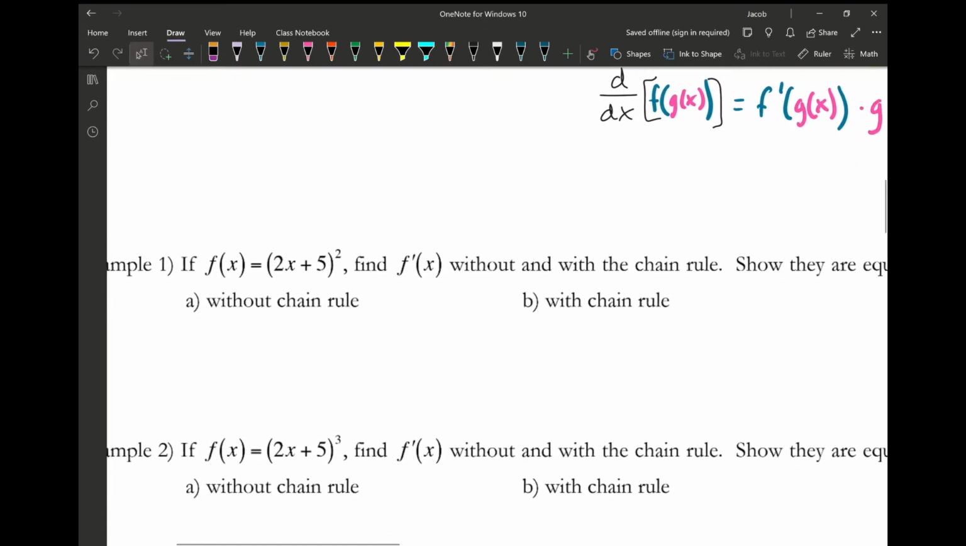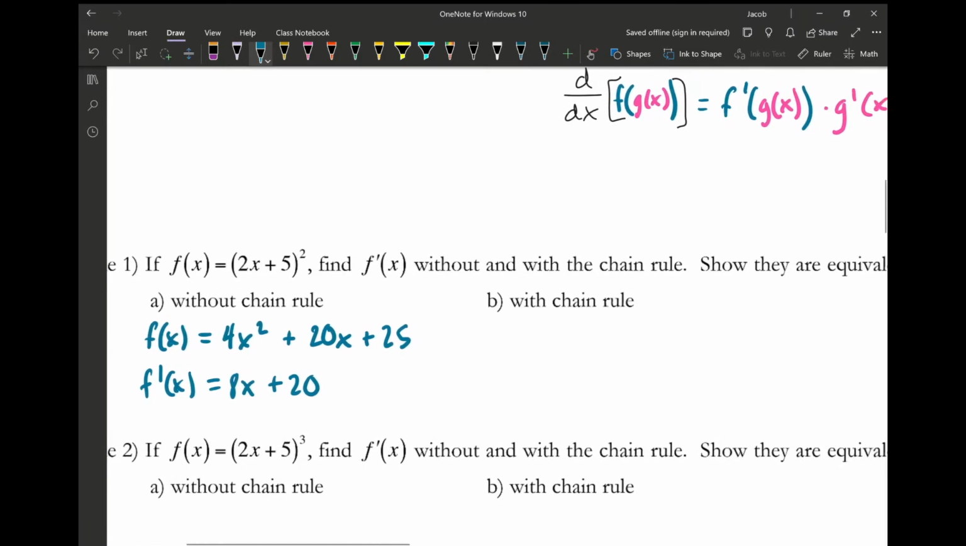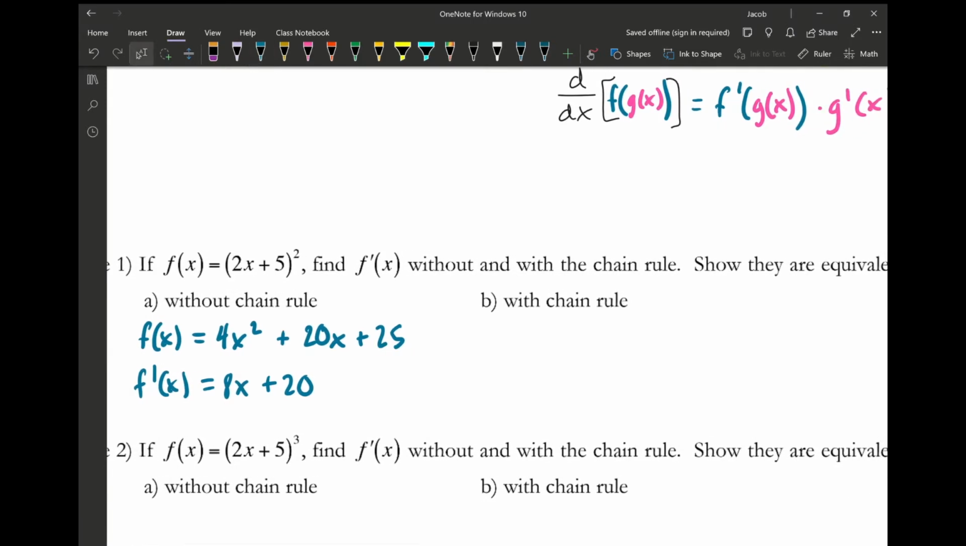So without the chain rule, 2x plus 5 squared has to be multiplied out. So we need to rewrite it first. I get 4x squared plus 20x plus 25. And then I can take the derivative: 8x plus 20. Nice. And then with the chain rule,